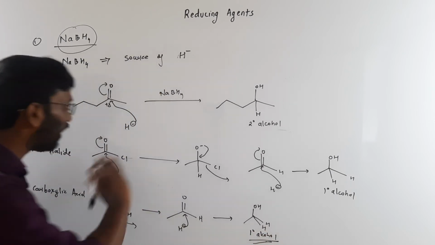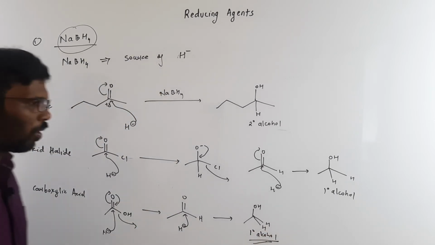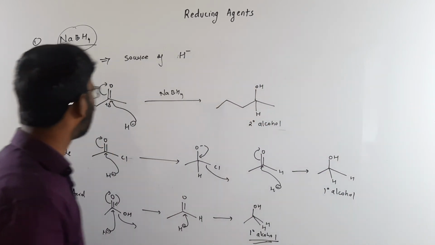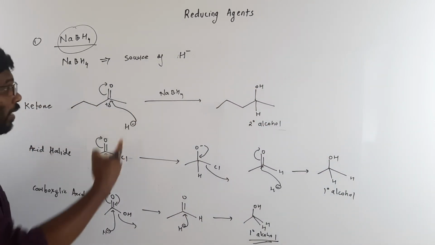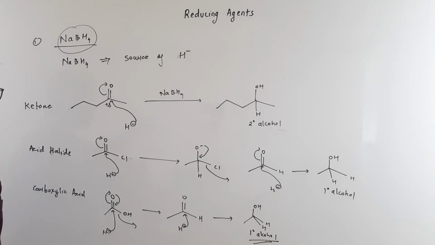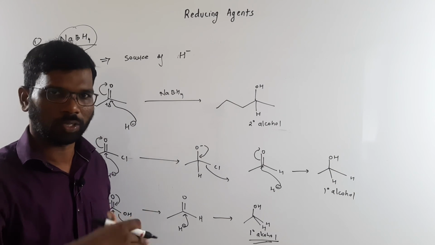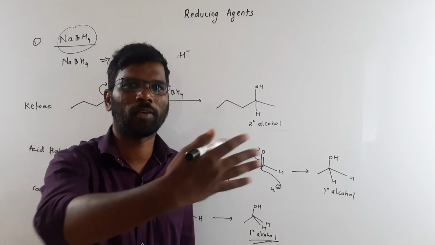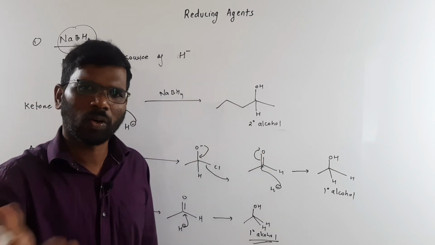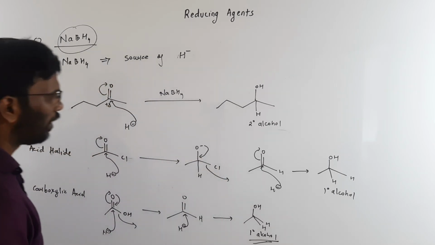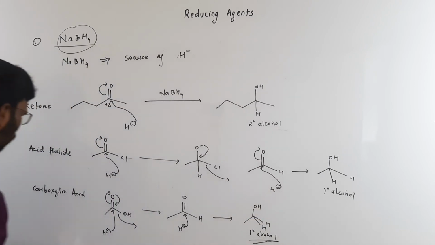So this is the thing about the reducing agent. What we have to understand in essence is that if it is a ketone, then it will get converted to the secondary alcohol. That is also evident from the flow chart we had done. Oxidation of the secondary alcohol converts it to the ketone, and the opposite, reduction of the ketone, will give you a secondary alcohol. Here this is also a primary alcohol.